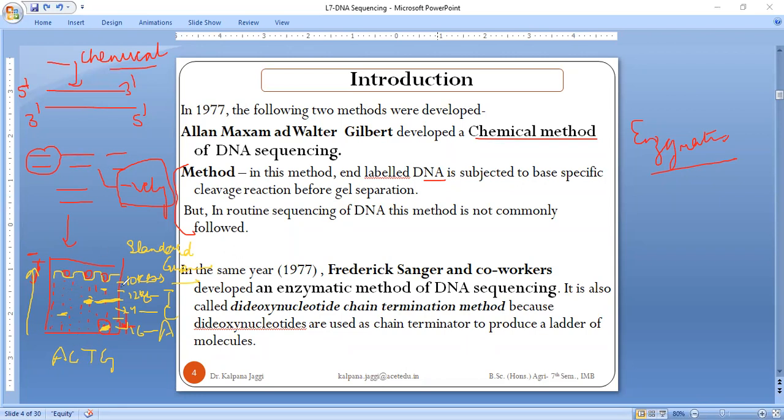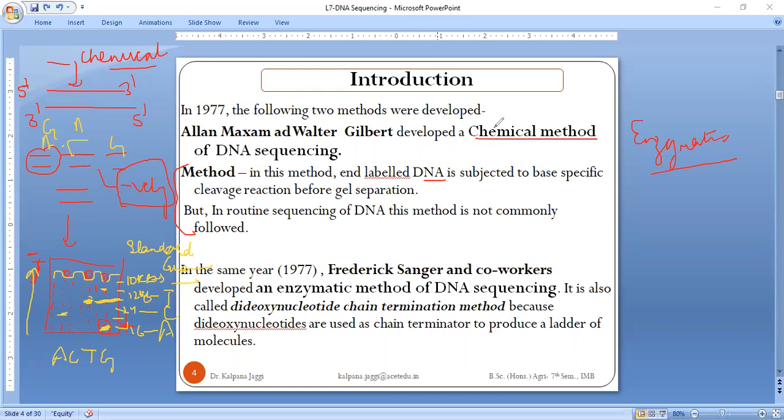So all the bands are getting separated from each other, and from here we can come to know that this band consists of adenine, this consists of say thymine, this consists of say guanine. So it can be that here no adenine is present, guanine is present, here no thymine is present, here adenine is present. Any sequence can be there that at the end can be analyzed by gel electrophoresis. So this is the very first method, the Maxam and Gilbert method, which is often said to be the chemical method of DNA sequencing.